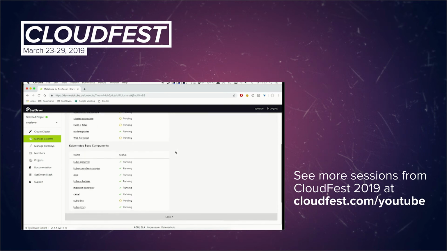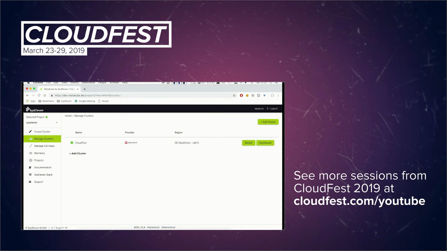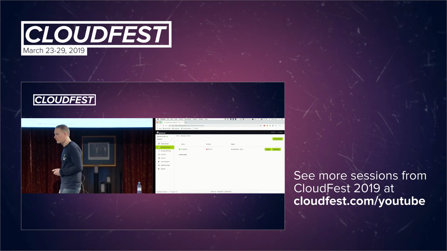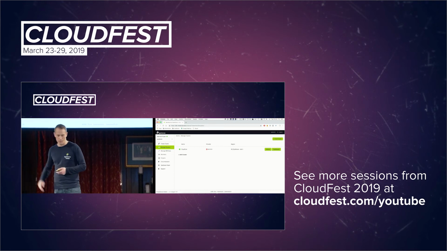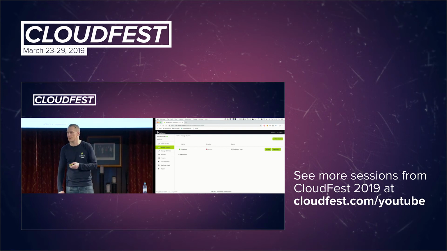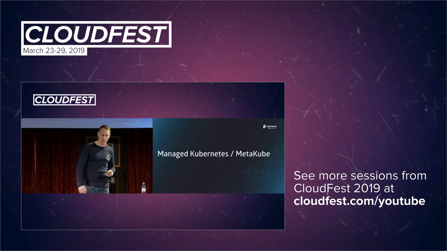We then deploy a few add-ons for you. We deploy a few backup add-ons and Helm, so you can start using Tiller straight away, and you don't have to do that. Once this is finished, which takes a maximum of about 8 to 10 minutes, you can download your kubeconfig and start deploying your first application. In an ideal world, you would probably want to start getting that kubeconfig into your CI tool and clicking on deploy my application from there. So that was a short demonstration of how simple it is to set up a cluster in MetaKube.